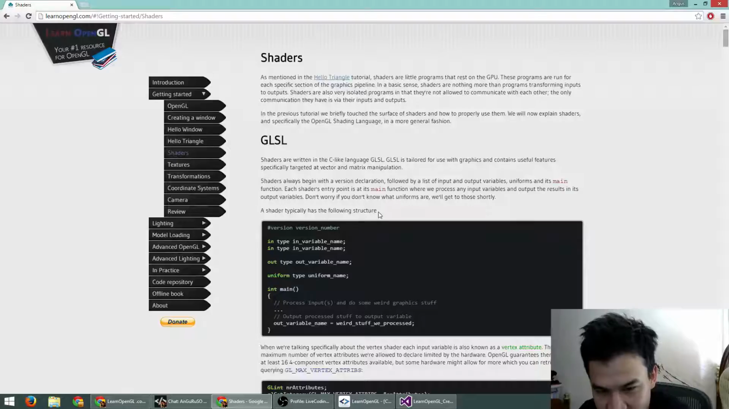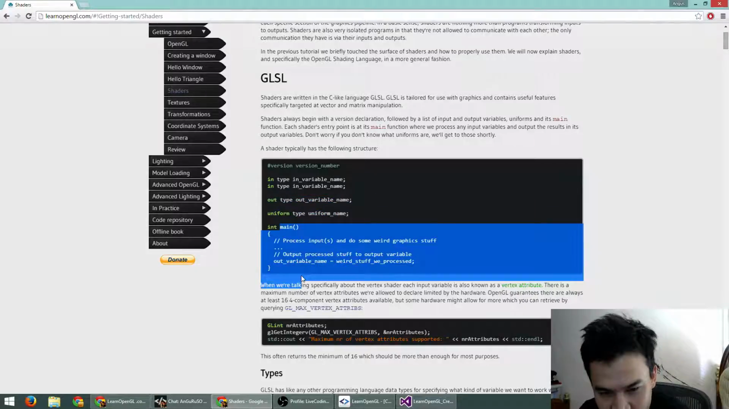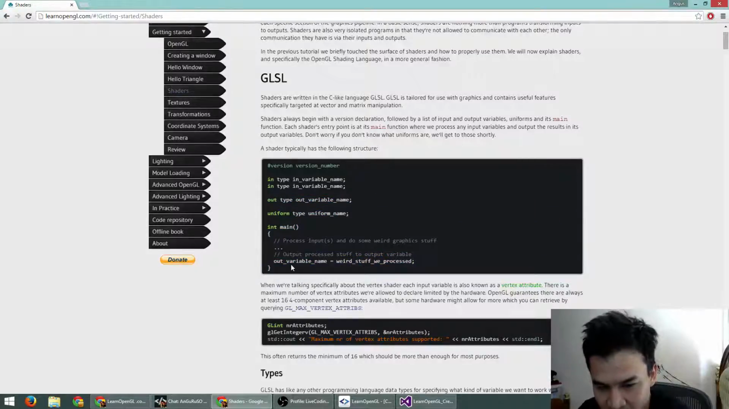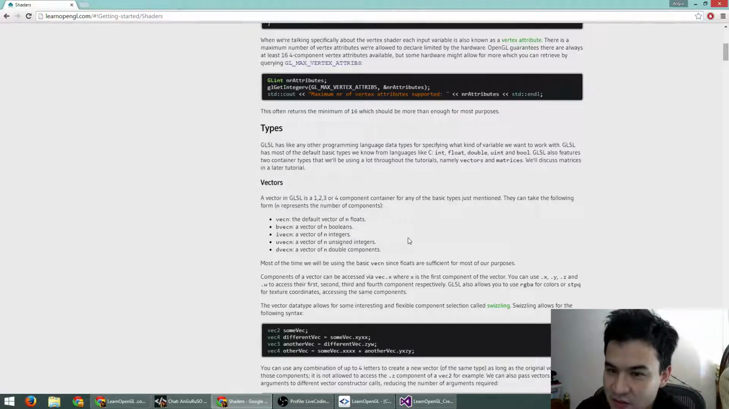A shader typically has the following structure. So version number, input variables, output variables, a uniform variable, and the main program. It does some code. Out variable names equals the stuff we process, right? When we're talking specifically about the vertex shader, each input variable is known as a vertex attribute. There's a maximum number of vertex attributes we're allowed to declare, limited by the hardware. OpenGL guarantees that there are always at least 16 4-component vertex attributes available, but some hardware might allow for more, which you can retrieve by querying